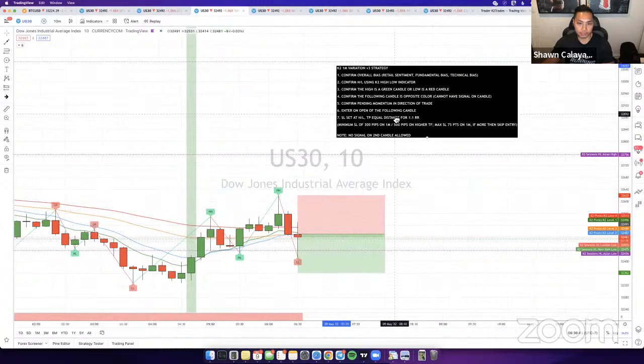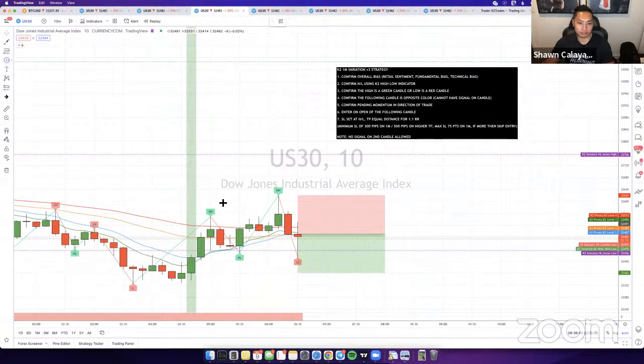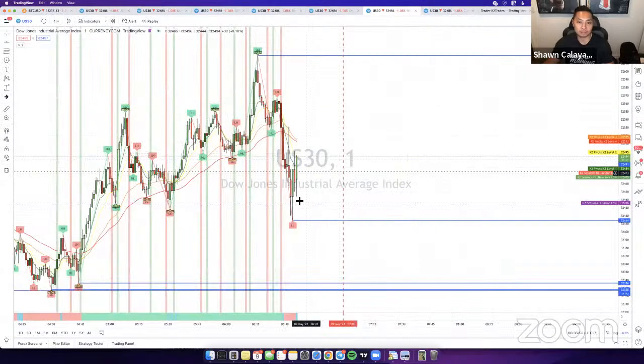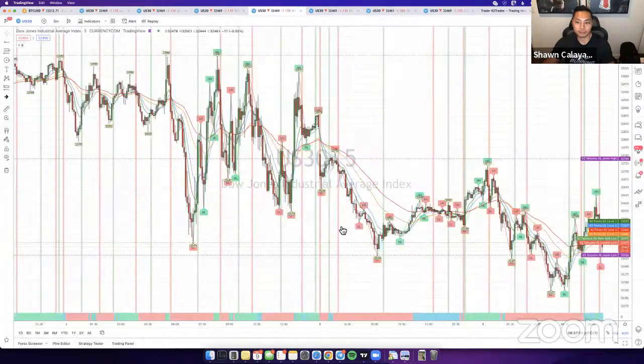The V3 right here, the one I said I wasn't going to take because it's right at the sessions. It doesn't matter what time frame it's on, right? It rejected off this on the 1-minute. It rejected off this on the 10-minute. So it doesn't matter if you're trading on the 10-minute, 5-minute, 3-minute, 1-minute, 1-hour, price still rejects off the sessions. If I'm trading on the high, low, or middle time frame, if it's at the sessions,